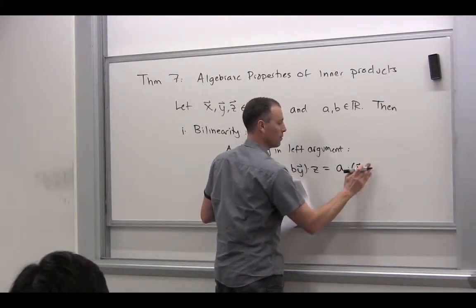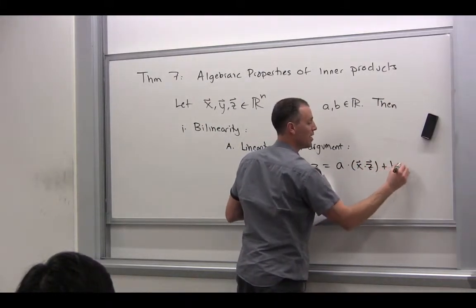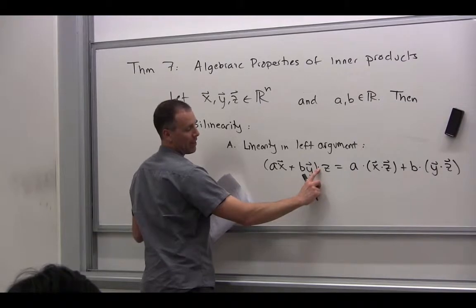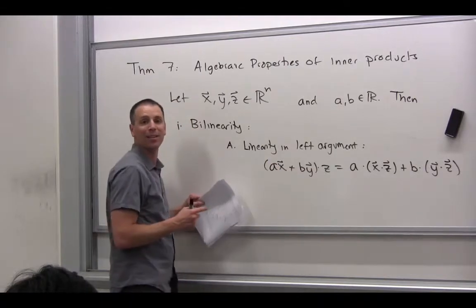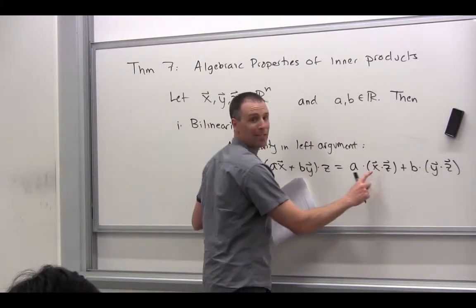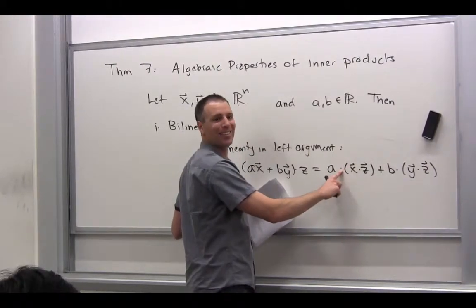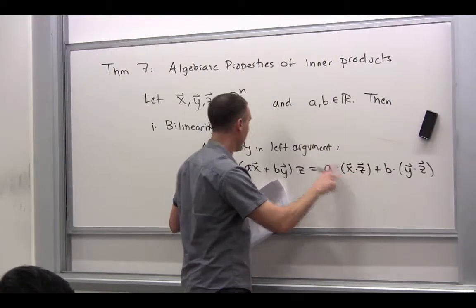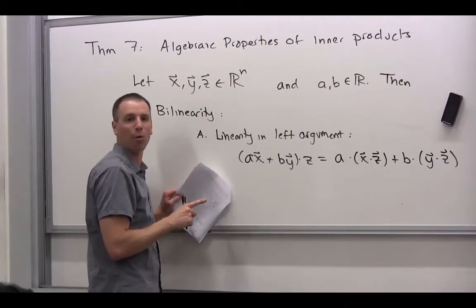ax dot z plus by dot z. In other words, if I take the inner product, in the argument on the left-hand side, I can pass that through vector addition and scalar multiplication, and that's where the little dots make sense, right? This dot right here, scalar multiplication. This dot right here, inner product. This dot right there, yeah, so there's three different multiplications happening on that board in that one sentence,